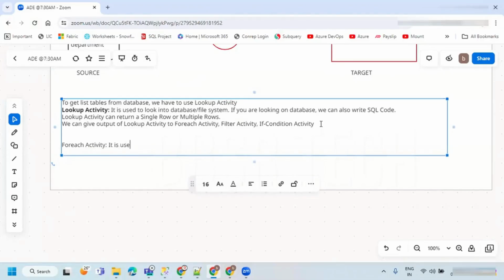It is used to iterate a list of items. As many items as are coming from the input, that many times